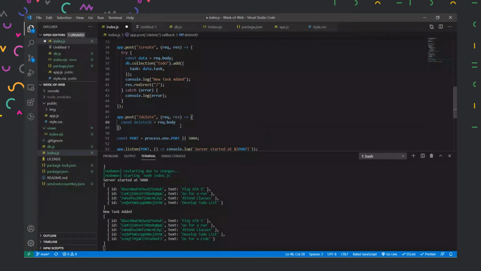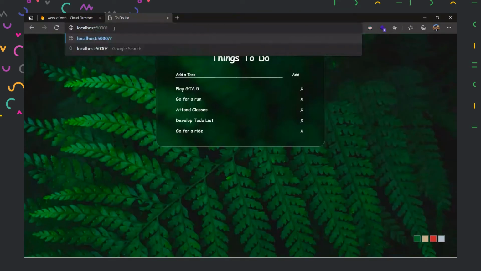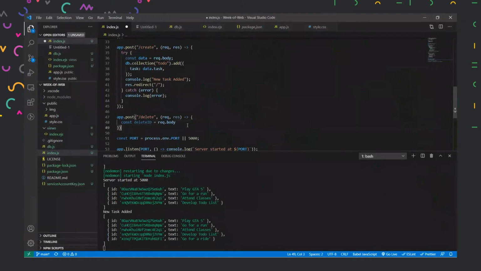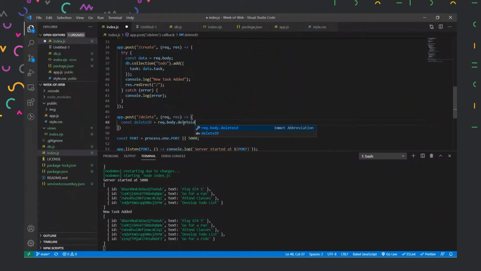So where were we? Yes, we are storing the delete ID over there. So we'll take the request, and inside request, we'll select the body. The body will contain all our variables, right? Like we discussed yesterday over here, after the question mark, we have all the variables created, right? In that, one of the variables will be the delete ID, which we have to select over here. To select that, we will just type the name of the ID we need. Let us assume the ID to be delete ID for now, with a small letter ID.